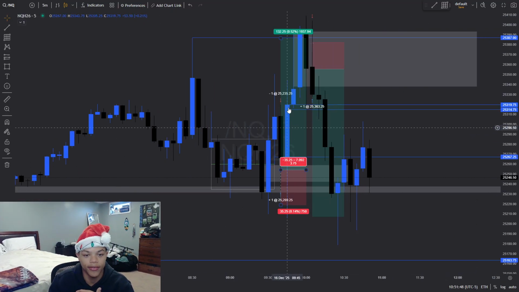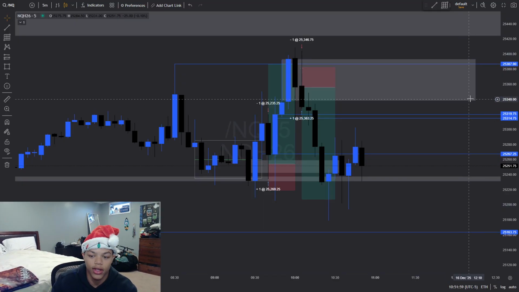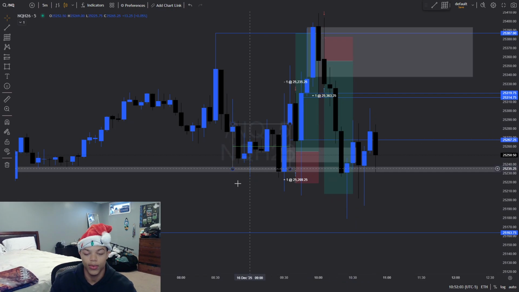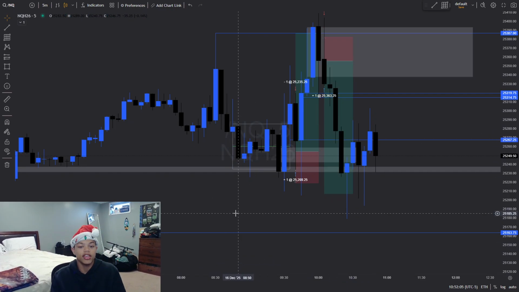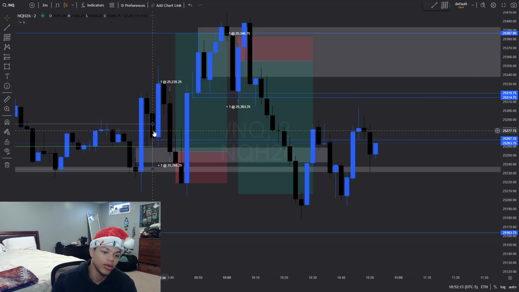First, if you know my model, I usually look for structure in the market, followed by manipulation and distribution, deriving from ICT's AMD model, if you know about that. So first, we identify structure, which is simply a clean level of buy side and sell side liquidity. I've seen that being formed right here on the 5 minute as well as the 2 minute.